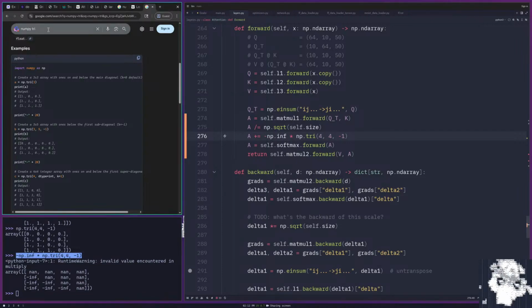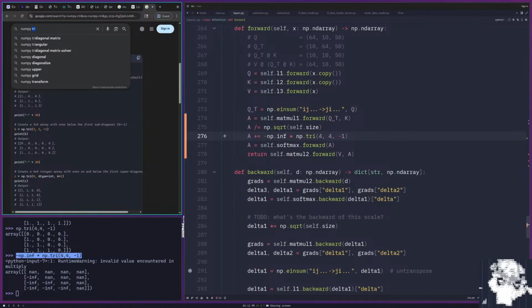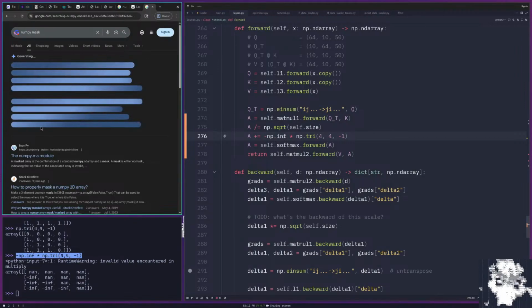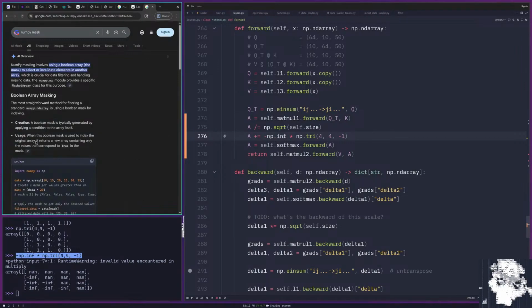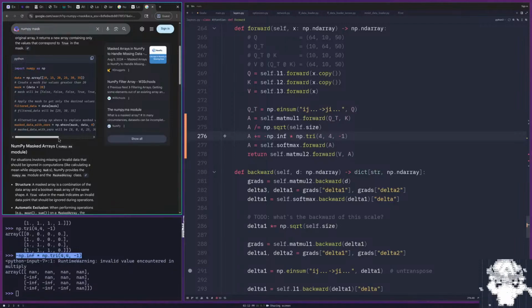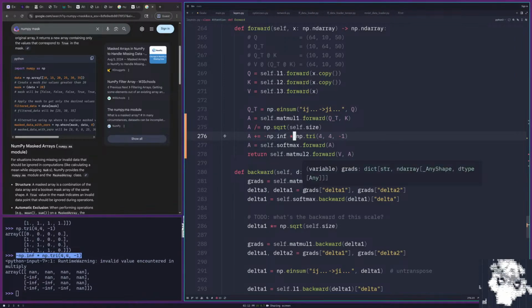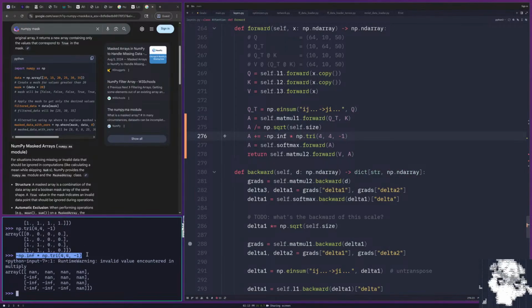I guess that's what the mask thing is doing. NumPy mask. Or I could also do it with a, what do you call it? Just an expression like we did with ReLU. So it would be like